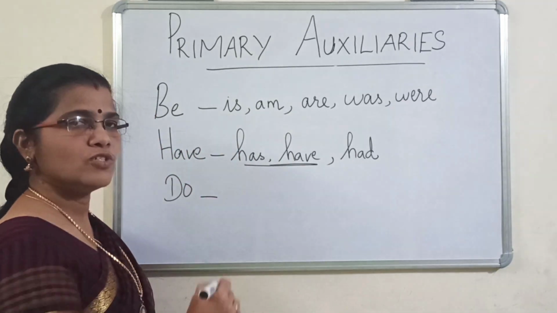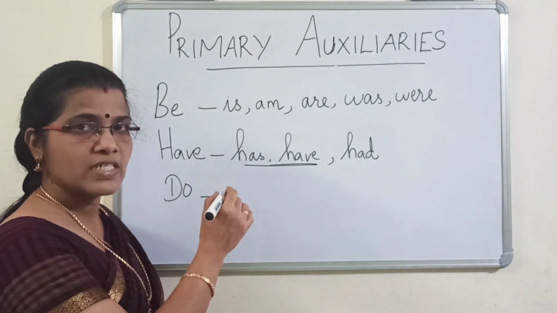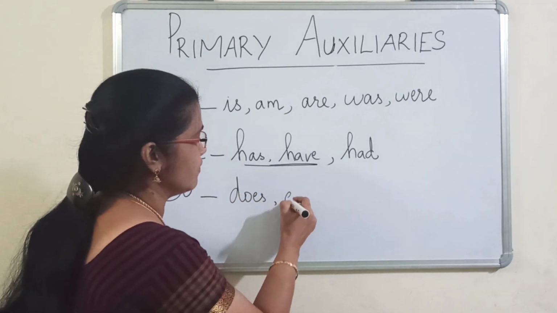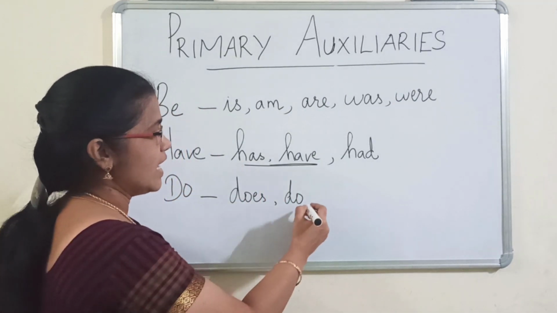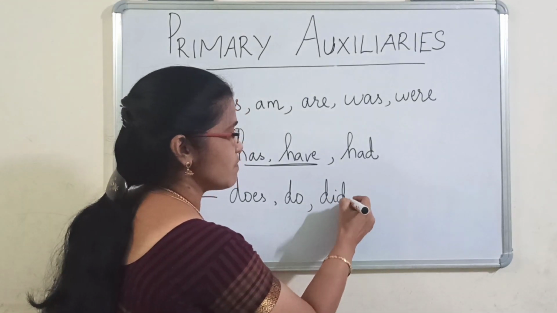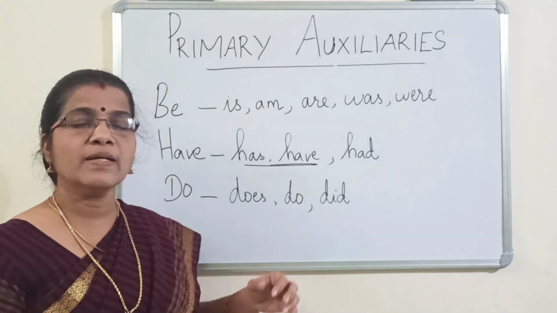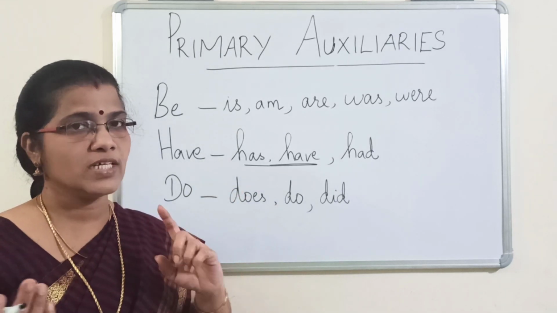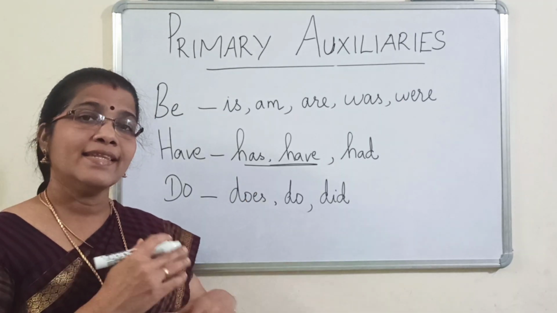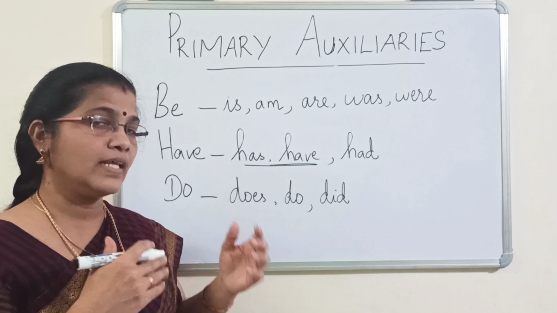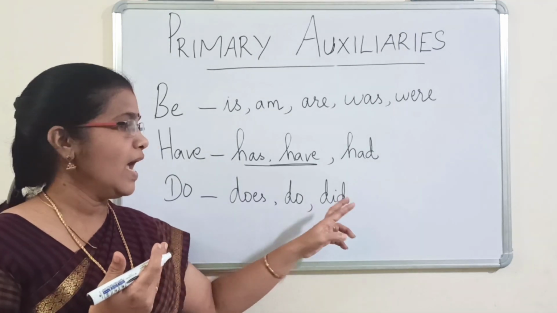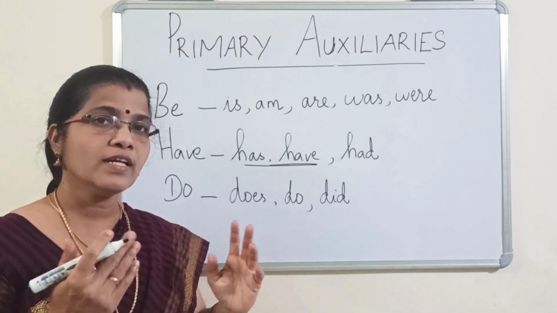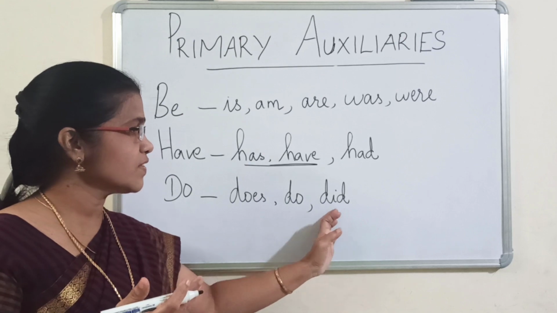And then the last one, do. Let's begin with the present tense singular form. The first one is does, and then you have do, plural form, and after that you have did, which is past tense. So we say Sheila does not have a pen. Sheila is singular, present tense. Now they don't have a pen. They is plural, so we use do there. And then did: they didn't have a pen, she didn't have a pen. For singular and plural we use the same thing. So these are the three forms of do.